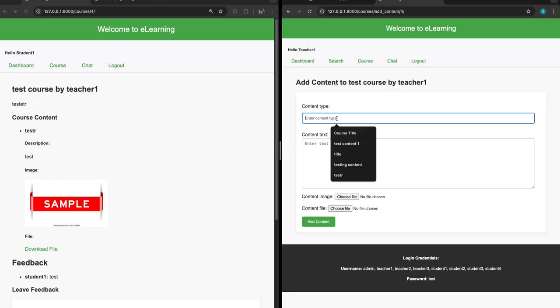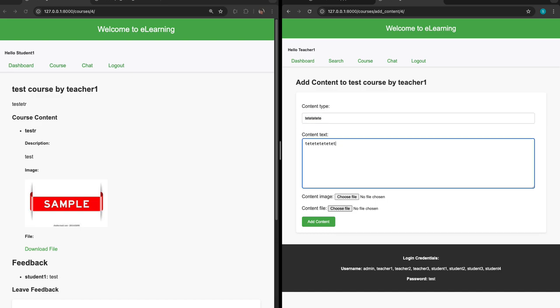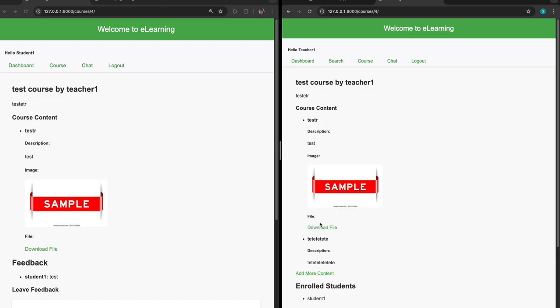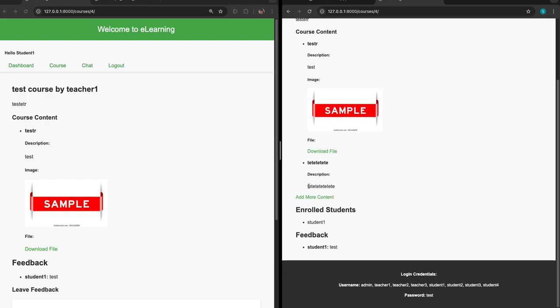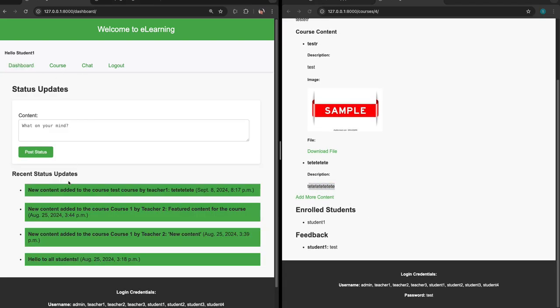Add more content. I'm just rushing. Add more content. So the new content comes here. When the student goes to their dashboard, they can also see the new content added by the teacher. Now